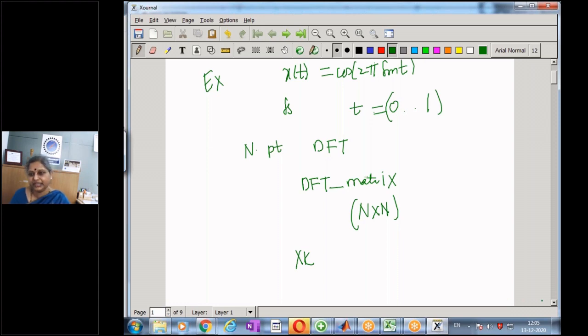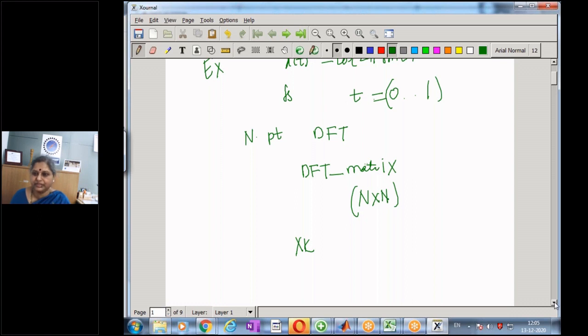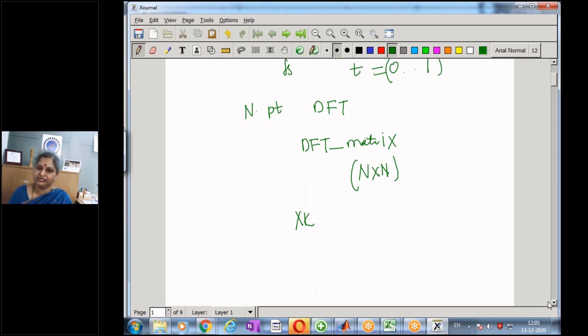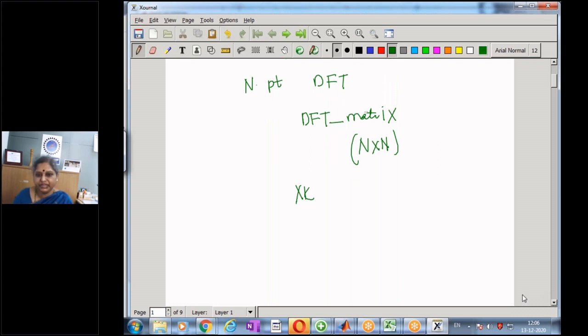From this x of k, I can now get the spectrum by simply mapping 0 to n as the interval and relating it to the sampling frequency fs. So this we have seen earlier, but today what we are going to see is how to get the spectrum, and we'll also see what's the time taken in computing this n cross n matrix. Later on, we will repeat the same example using the fast Fourier FFT method and try to compare the time